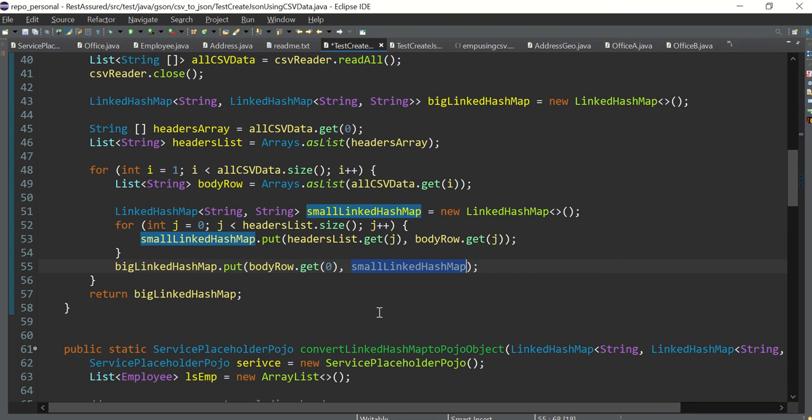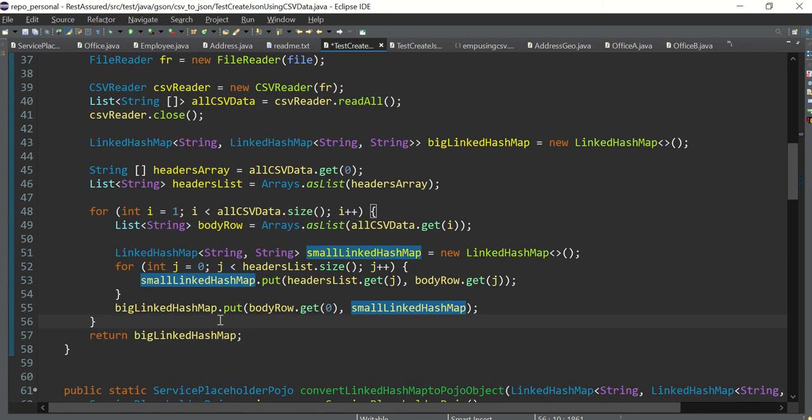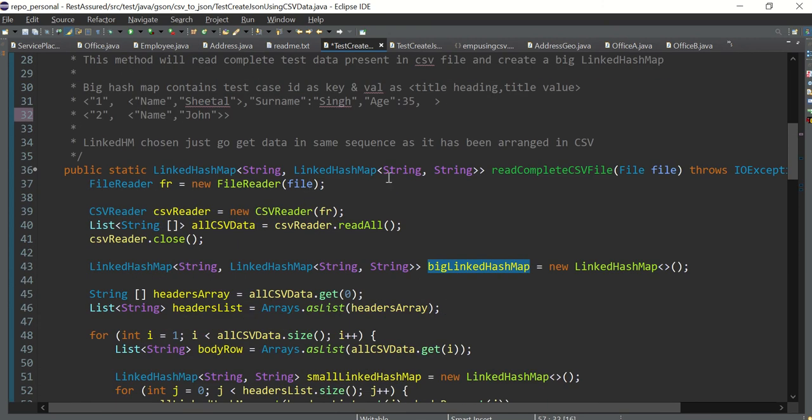Okay, hope you are able to understand. I know this is complex, but I will give you the code. You just run it and do the debugging. I'm just trying my best to explain this, but I know even I took a lot of time to understand this and to make this happen. It took me a lot of hours. It's not easy, but once you are able to do it, it will be very easy to do the repetition, right? Okay, so this way we are creating a big hash map, and I'm returning it here.